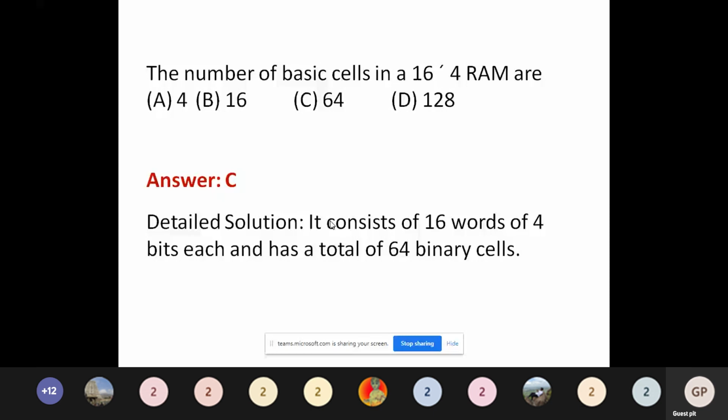The next topic is ALU and data path. A few more problems we'll be seeing at the last in the addressing modes. Right, next is ALU and data path. So here